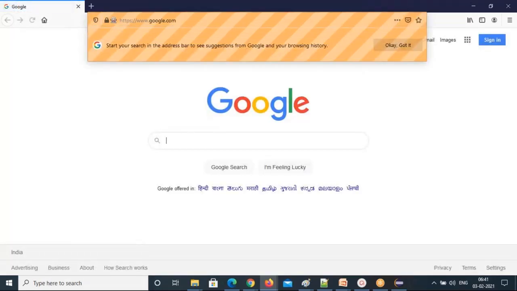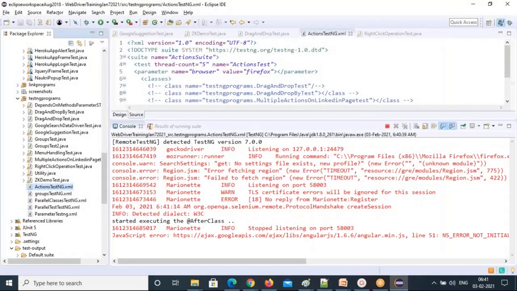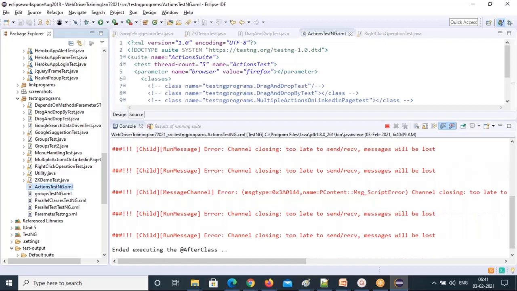Right, Google website is opening. Perform the right click operation. Very fast.